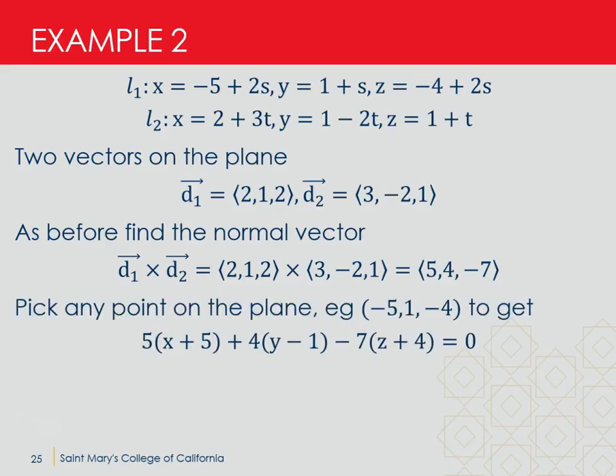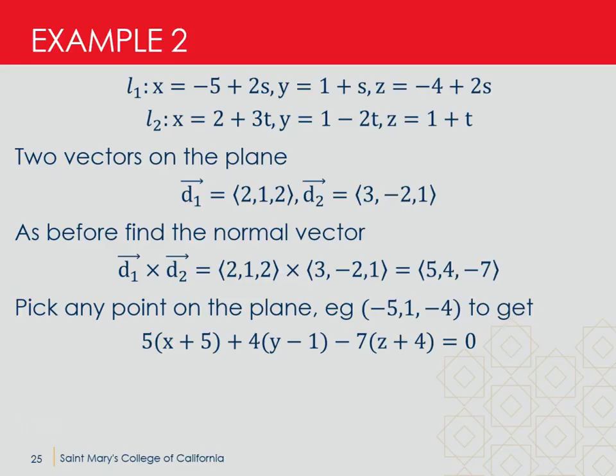And now we can pick any point on the plane. There are infinitely many of them, but there are 2 easy choices. If I take the line L1 and set s equal to 0, then I get a point on the plane. I could have set s equal to 1 or negative 1 or 50 or whatever I wanted. I could have also taken a point on L2 and done a similar thing, but any way we do it, it will work. So if I take that point, negative 5, 1, negative 4,